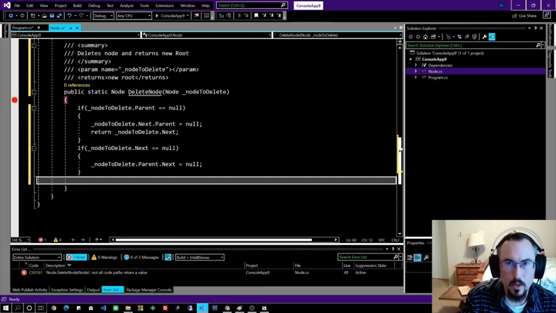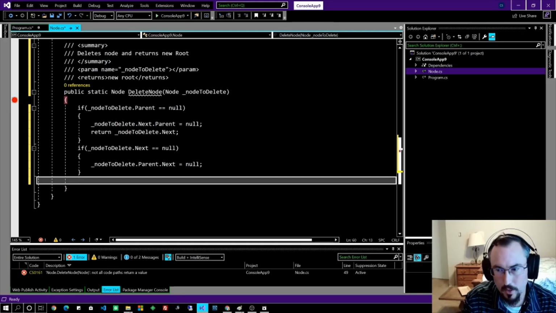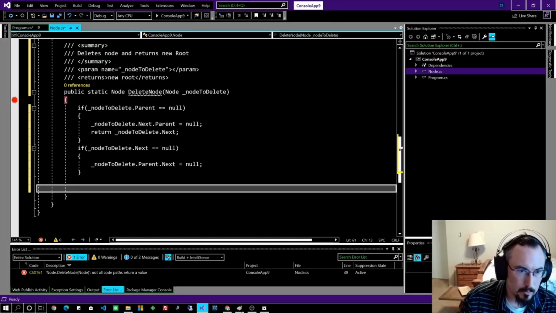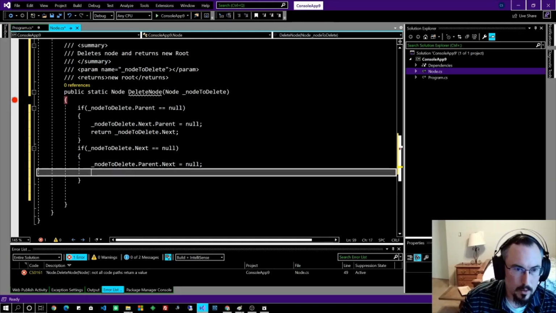All right, so now all we've got left is our typical scenario where we're removing one from the middle. So from the middle, you want to set the parent to skip it, and you want to set its child to have its parent be your parent. So we could go ahead and do that. And we already covered these if statements here